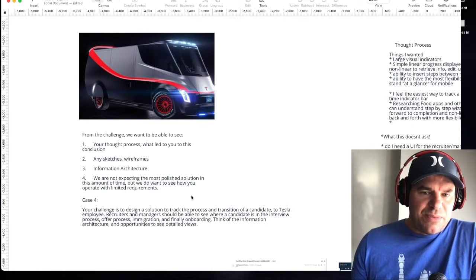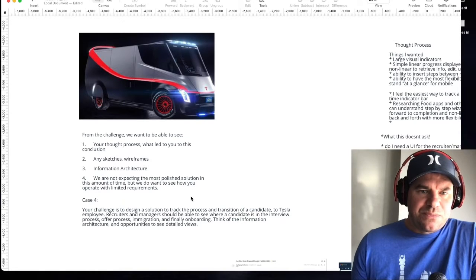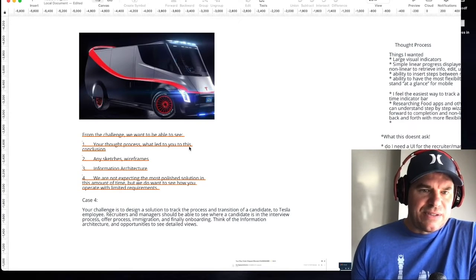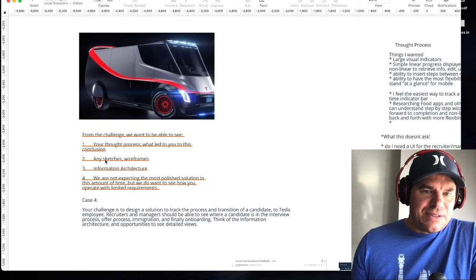Recruiters and managers should be able to see where a candidate is in the interview process, offer process, immigration, and finally onboarding. Think of the information architecture and opportunities to see detailed views. Your thought process, what led you to the conclusion, any sketches, wireframes, information architecture. We're not expecting the most polished solution in the amount of time, but we do want to see how you